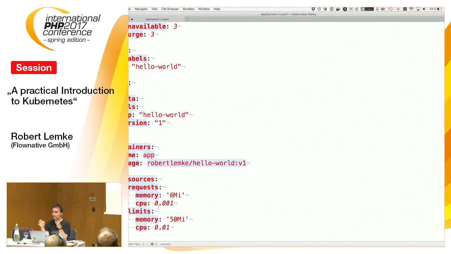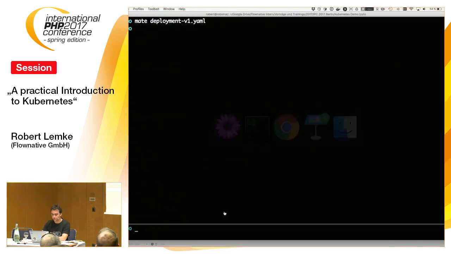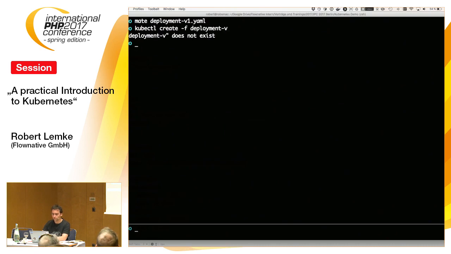That is a soft limit, and then you could give it a hard limit and say, okay, when it goes beyond 50 MB of RAM, kill it. It will kill the process and restart the container. And the same for CPU, it will throttle the speed of the container. So let's run that. Oops.